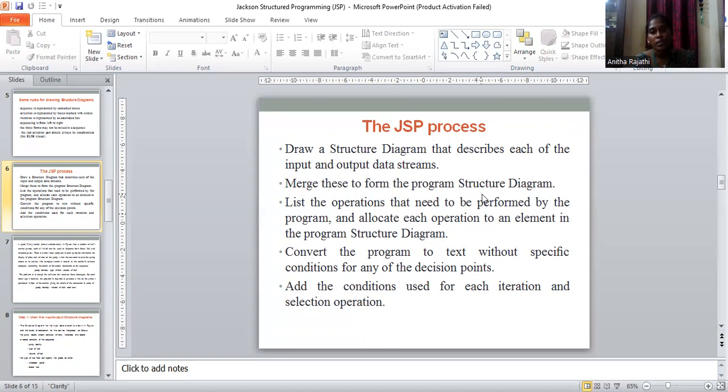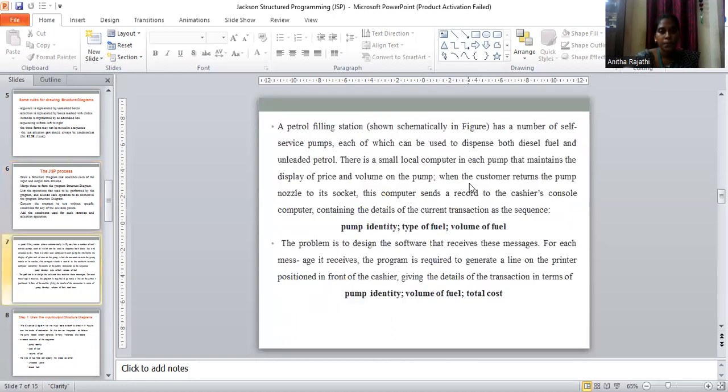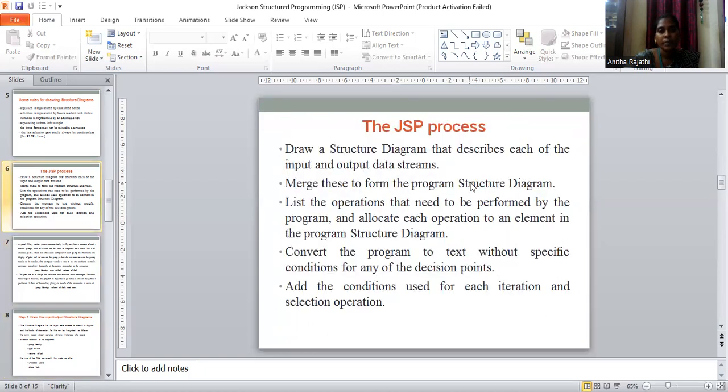So first, drawing the structure diagram, and I am merging all the components. And if you have any operations that are to be added, you can add them. And then you convert the program to text format. And if there are any more operations to be added, you can do the addition process. So the steps can be easily understood